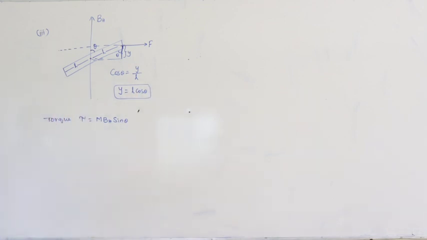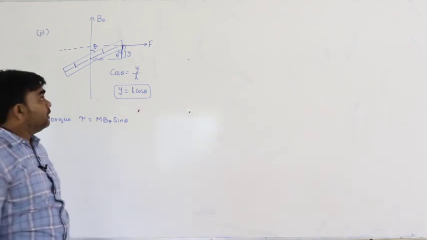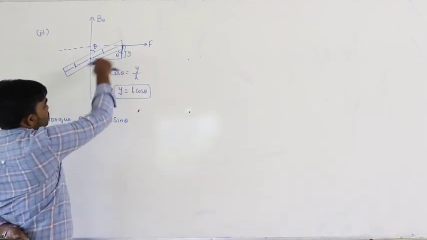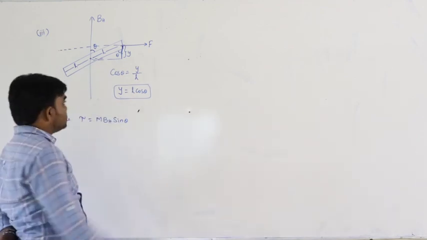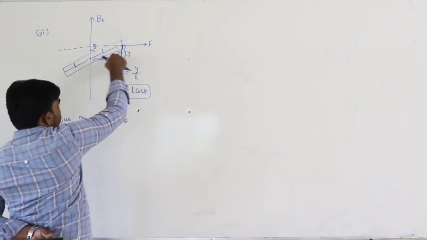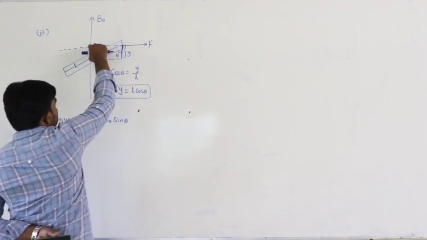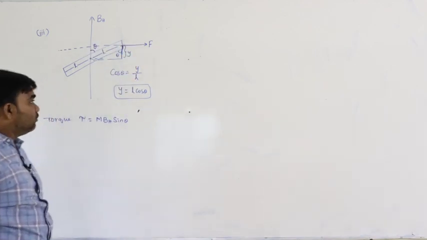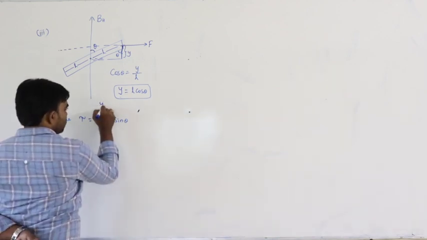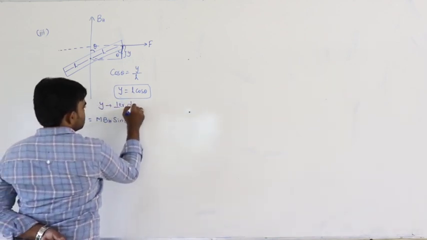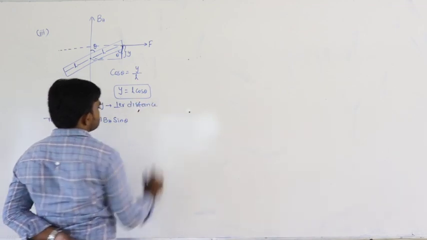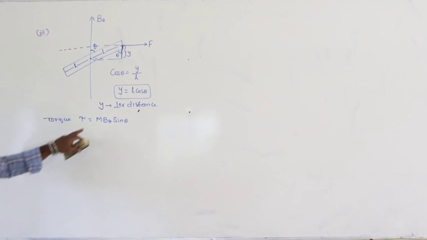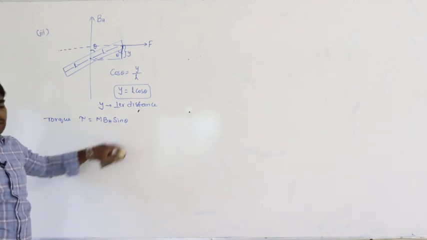The perpendicular distance between the line of action of force and the axis of rotation: here this is the axis of rotation and this is the line of action of force. The distance between these two is the perpendicular distance. Cos theta equals y by L, so y is L cos theta. So the torque due to the magnetic field is MBH sin theta, but what is the torque